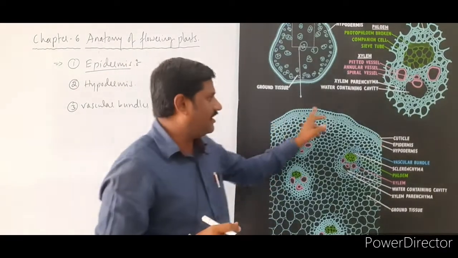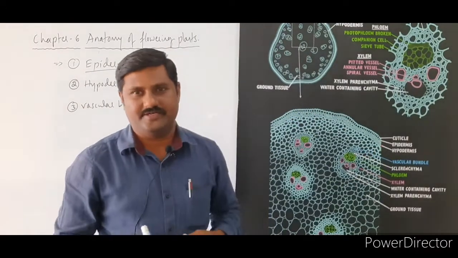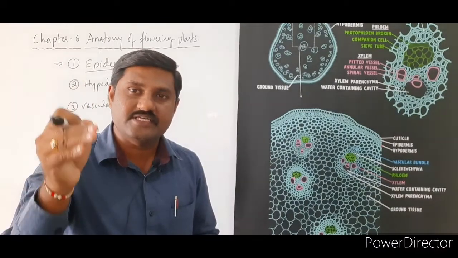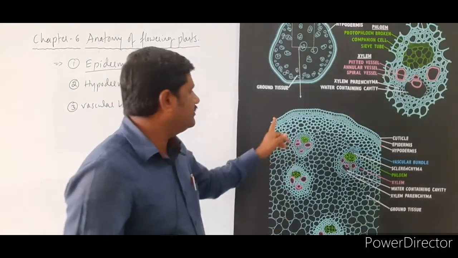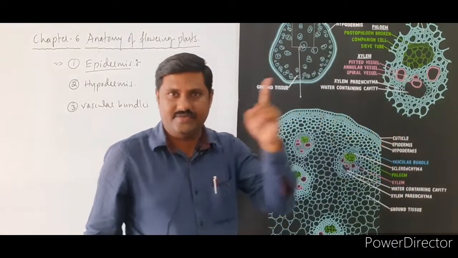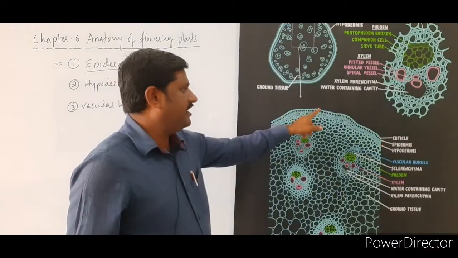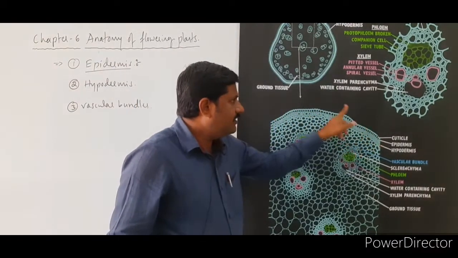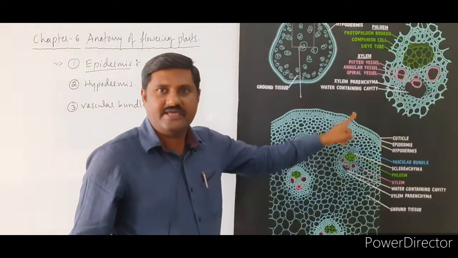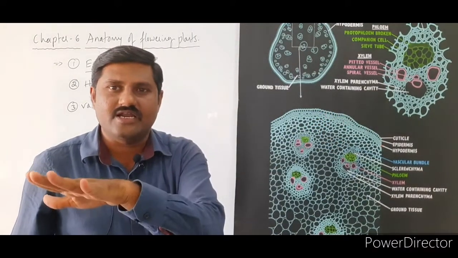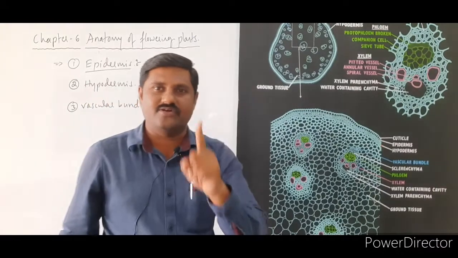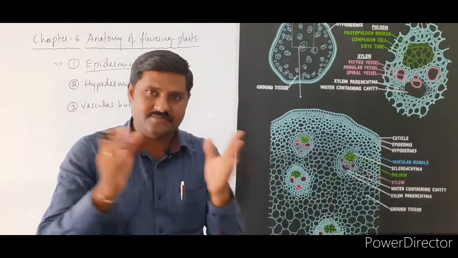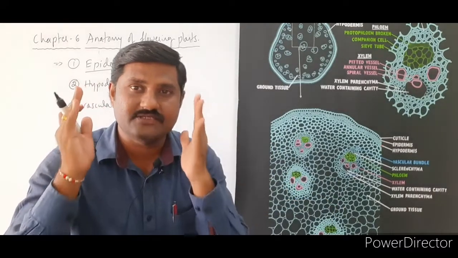These cells are devoid of chlorophyll pigment. They are also parenchymatous cells. Devoid means absence of chlorophyll pigment within these cells. So is it very clear? Yes. So epidermis it is. On this epidermis, the epidermal hairs or the stem hairs or the trichomes are absent over here, but the trichomes were seen in case of dicot stem. The difference between monocot as well as dicot you must focus on, right?